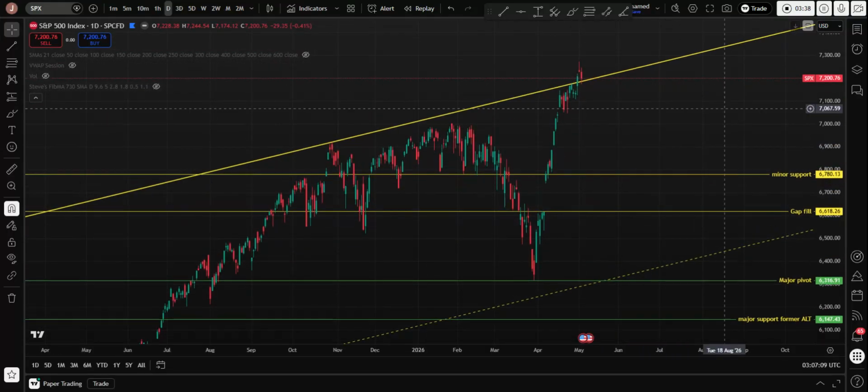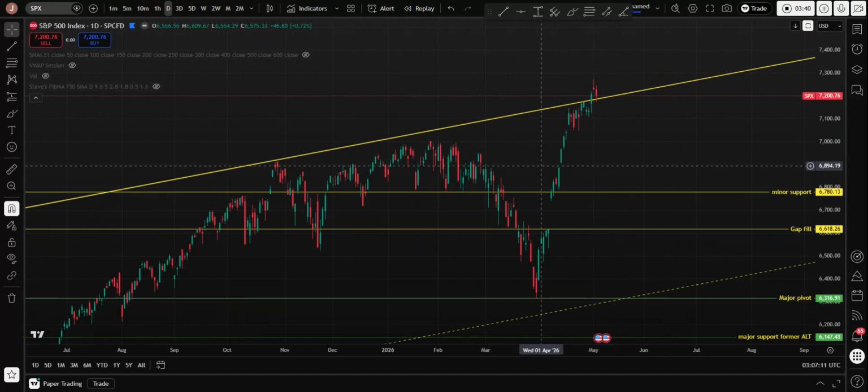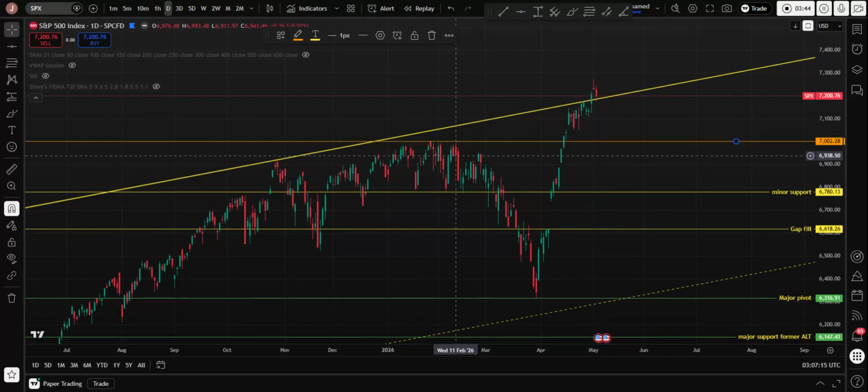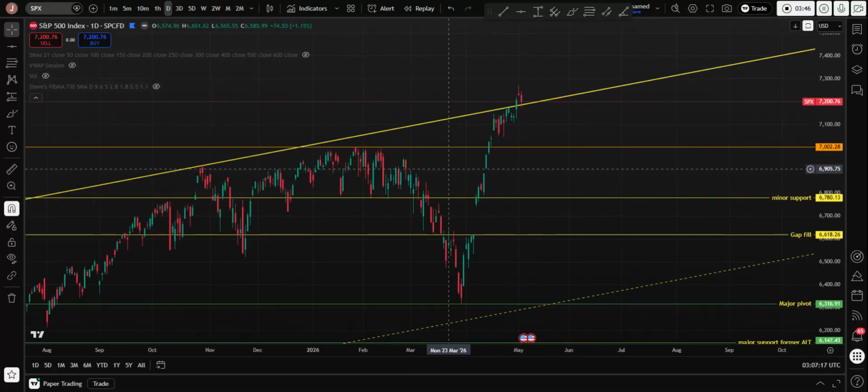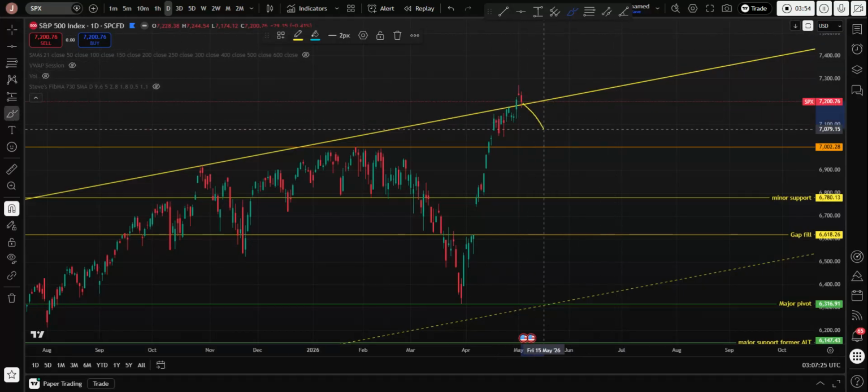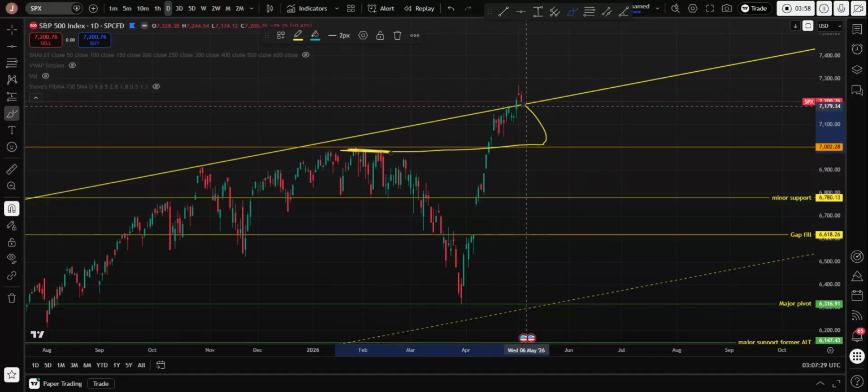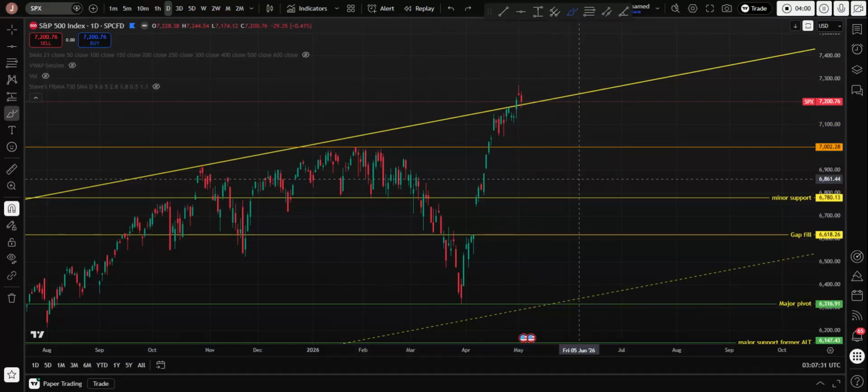there's something we have to talk about in the recent price action. Yes, we broke out above this high, the former all-time high right here. When you break out from an all-time high, price likes to retrace to retest it. So my thinking is we're going to have a retrace to test the former all-time high, this area here, and then we're going to see if it holds support. But my guess is we're not going to hold support,